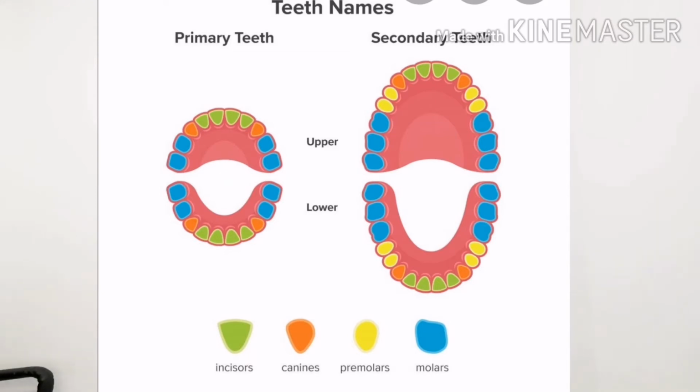After canines, there are 8 teeth, on both sides 2 up and 2 down. These are premolars. Next there are 8 molar teeth, 2 up and 2 down, on both sides. And then there are wisdom teeth. These teeth come after the age of 18. Some people remove wisdom teeth because they can cause displacement of the other teeth.